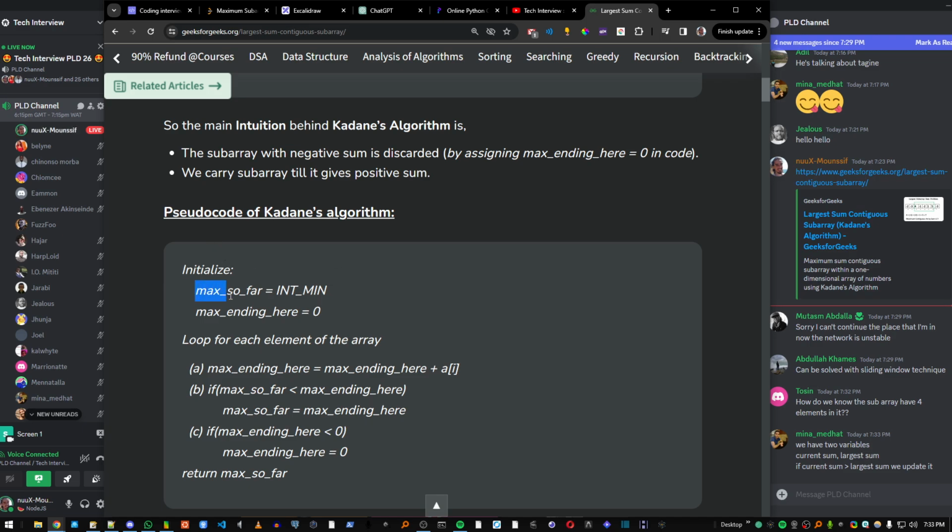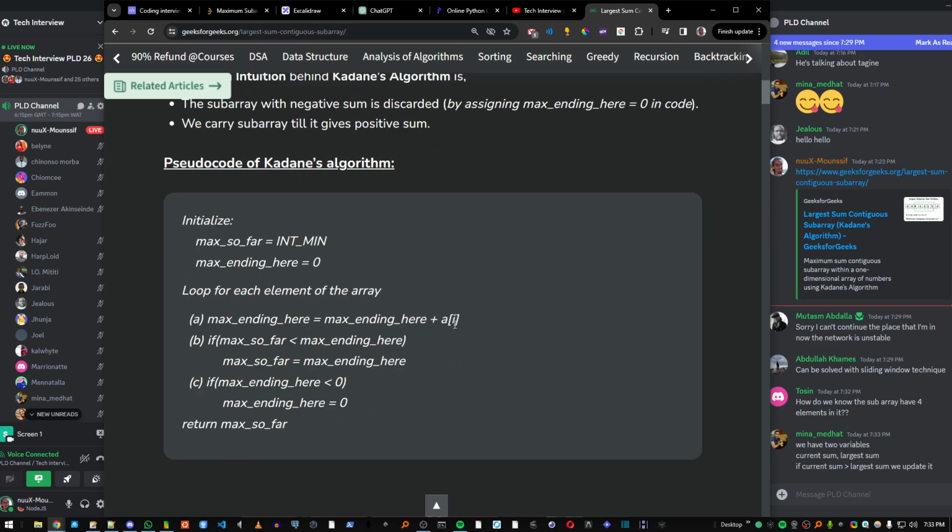Pseudocode: max so far, max ending here, loop for each element of the array. Max ending here plus a[i]. Okay, so the element we are looping through, but what's the value of max ending here? It is 0. So at the start we have 0, there is nothing in the sum. So we're gonna add that element to the max ending here, and then if the max so far